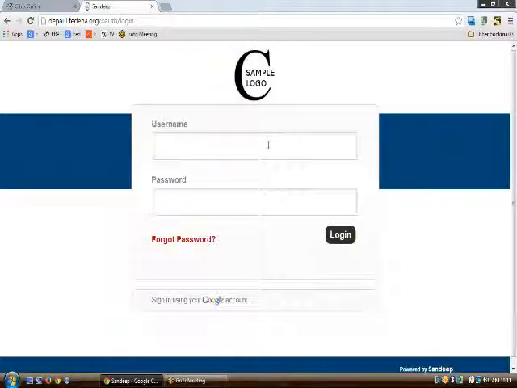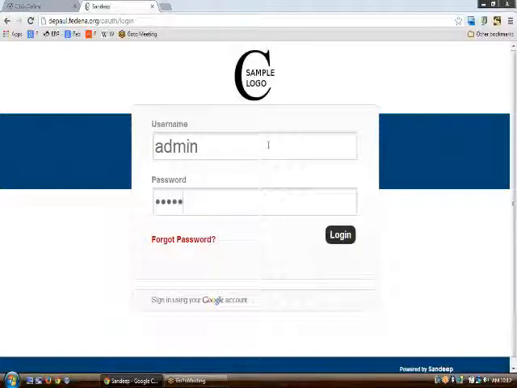But before login, I would let you know that there are basically four kinds of users: the admin user, the employee user, the parent user, and the student user. The admin has the sole privileges of handling the application. The parent and the student have a limited number of privileges which cannot be varied, but the employee can have a varied set of privileges based upon the task he has been assigned. So we would be using the admin credentials to explore what all things can be done in Fedina.